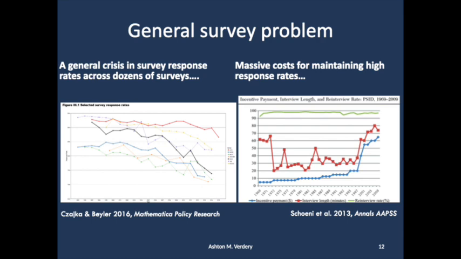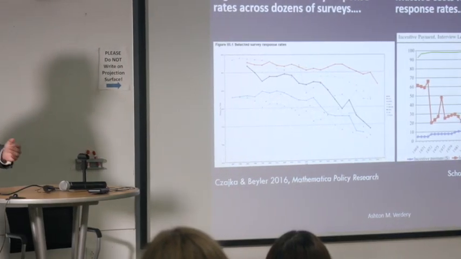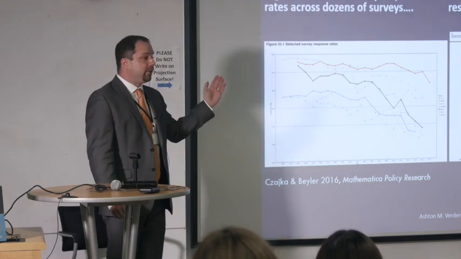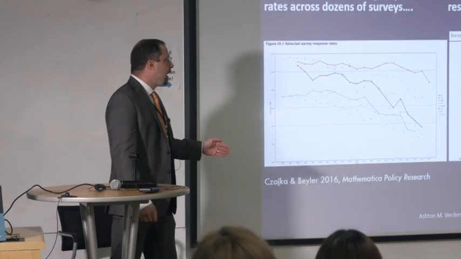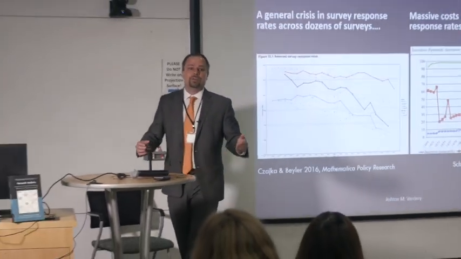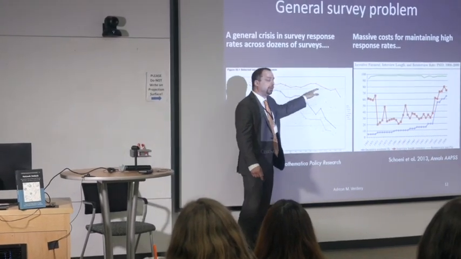To emphasize that, here's a graph of response rates for about 8 big surveys that have been repeated over time: the General Social Survey, the National Election Survey, the Panel Study of Income Dynamics, and things like that. Survey response rates, you can see, have fallen off a cliff since the 1990s, and they're continuing down quite a bit. On the other graph, this is one that I found from the Panel Study of Income Dynamics, which has done a good job of maintaining higher response rates. It's one of the ones that's closer to up here.